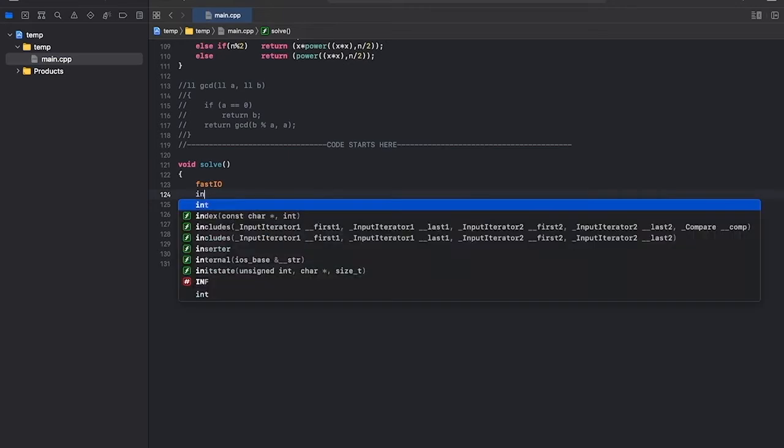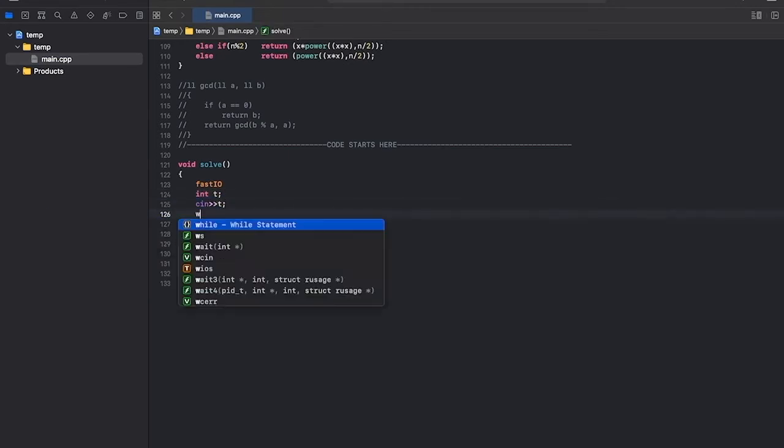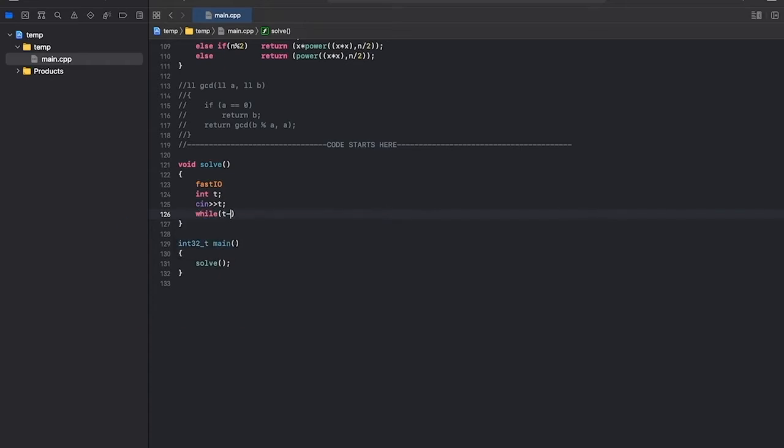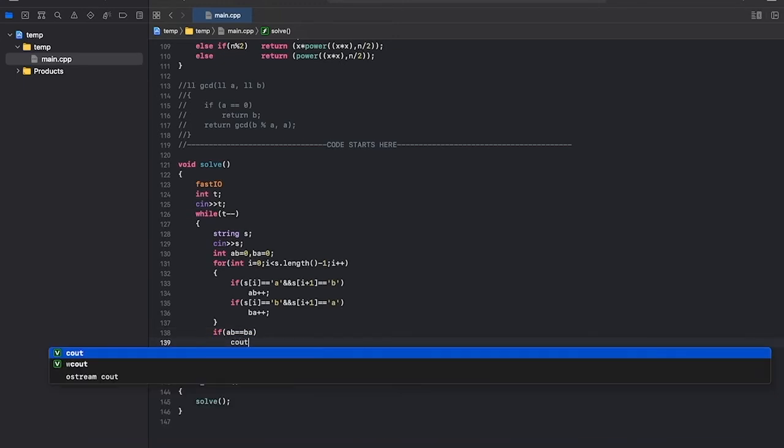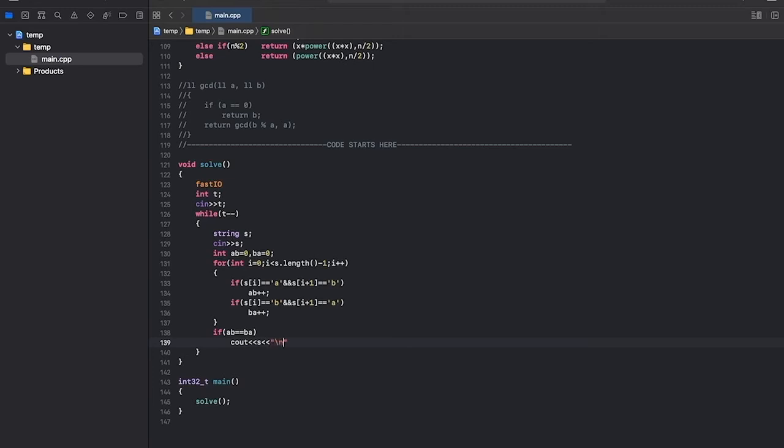So in the question we are given t test cases, we will take the input. Now we'll run a loop and try to find the occurrences of AB and BA. If the number of occurrences are the same, we'll print the string. Else,